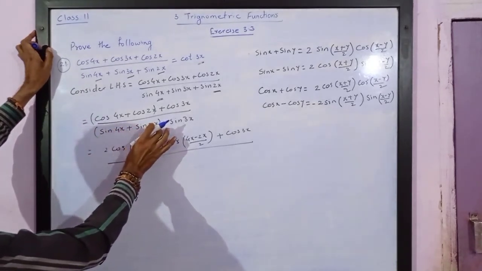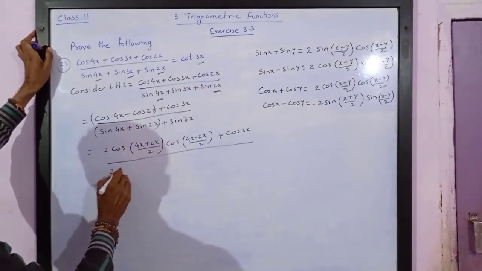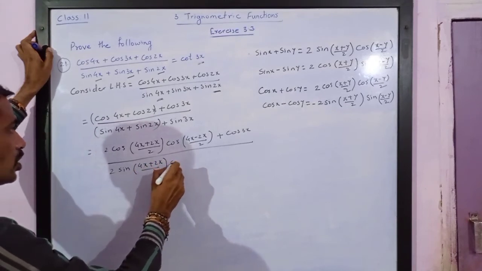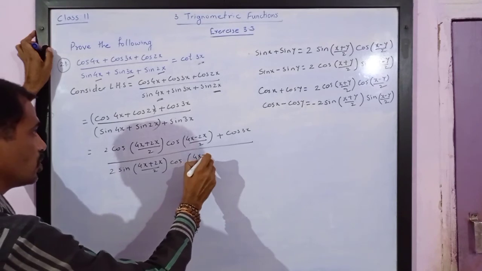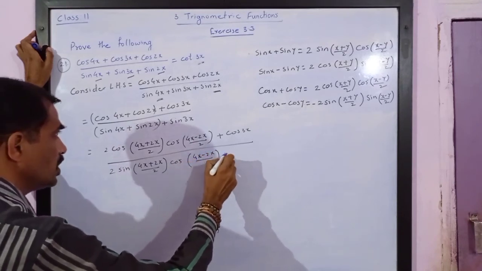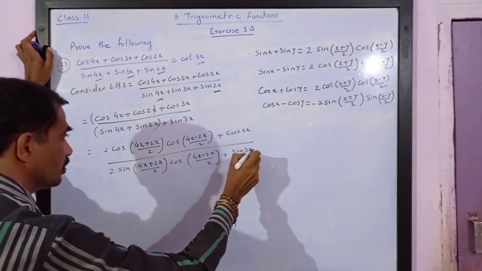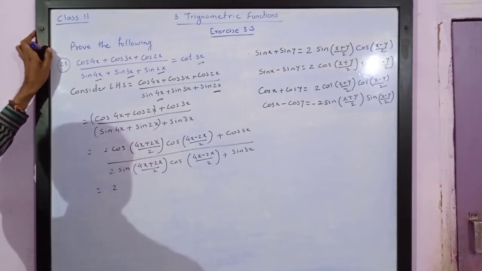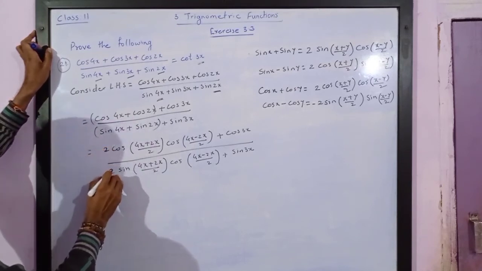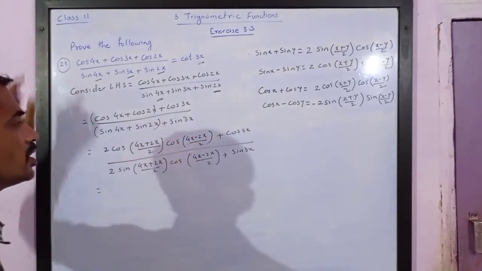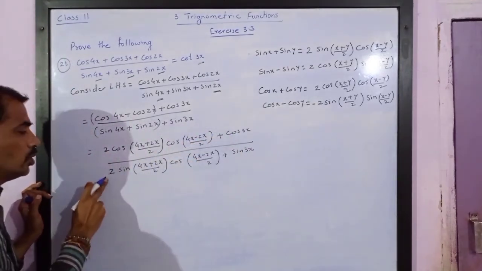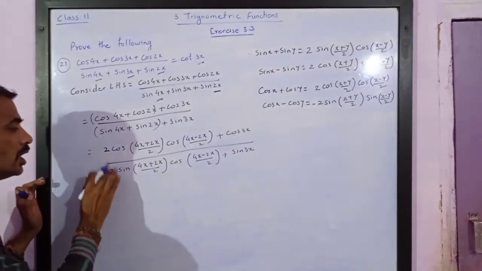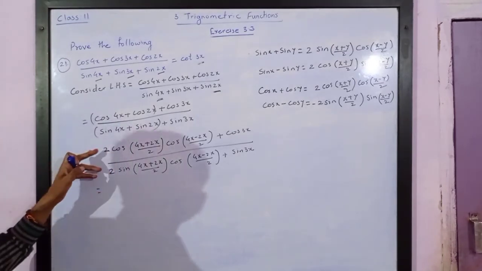Upon, at the denominator I will get sin 4x plus sin 2x is equal to 2 times sin of 4x plus 2x upon 2 into cos of 4x minus 2x upon 2 plus sin of 3x. So this is equal to 2 times. Now please watch carefully. These 2 will not get eliminated. The reason is we have a plus term. So we cannot eliminate 2 since we have the plus term. It must be only a single term, then and only then can we eliminate 2. Here we are not supposed to eliminate 2. Don't get confused with the earlier problem.